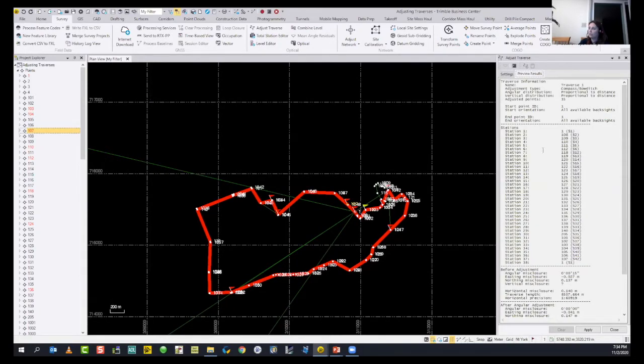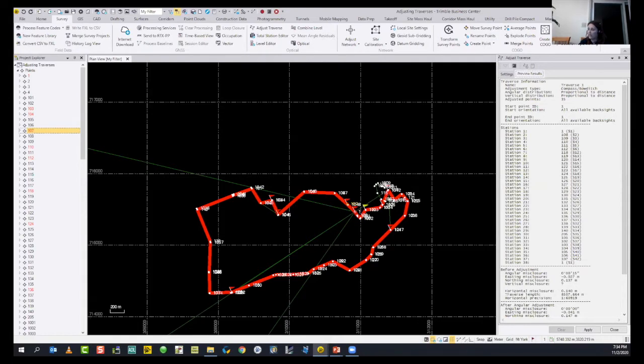Under preview results, you can display your traverse information, the adjustment type, the angular and vertical distributions, how many points will be adjusted, and your start and end point ID, your start station and end station. And all the stations in right order will be listed in here.